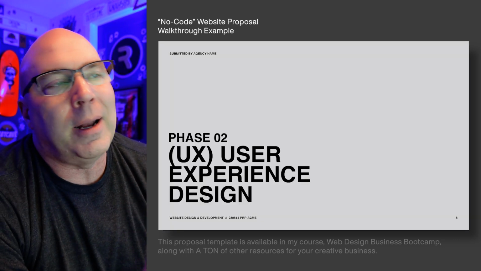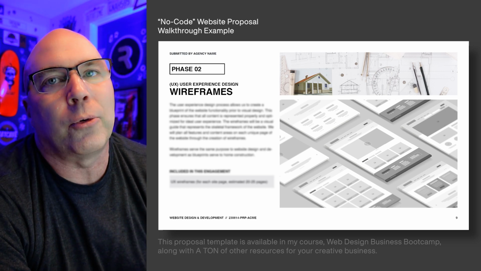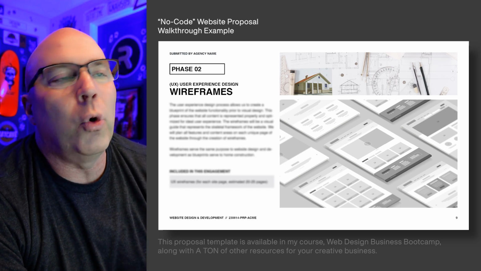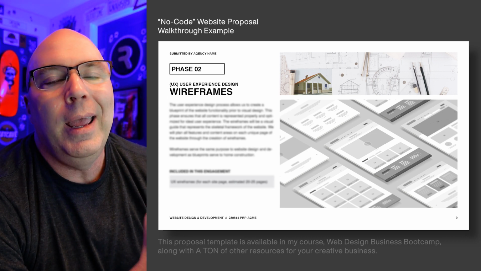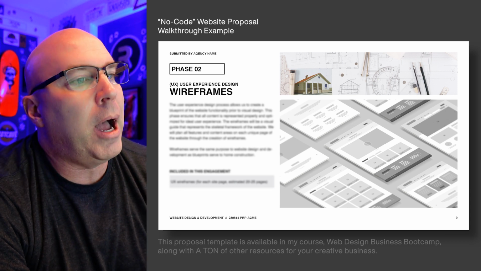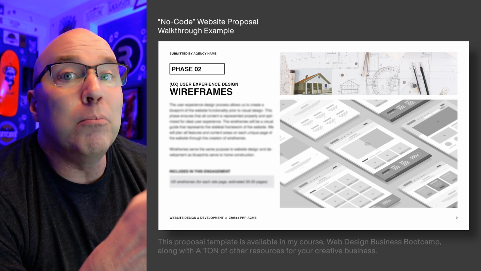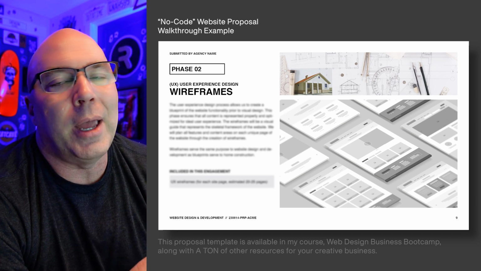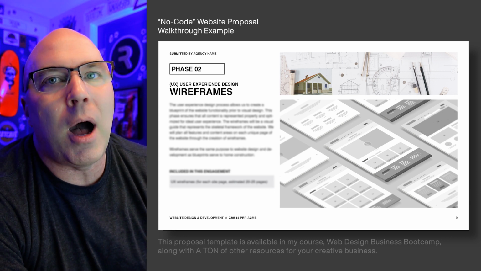User experience design, I love this analogy of it's like blueprints to a house. You would never go and just grab some wood and start hammering nails to build a house. You've got to spec it all out and get the blueprints in place. And that's what this UX process is all about. We go through a wireframing process where we create blueprints for your website. We call them wireframes, and they're low fidelity, just gray box